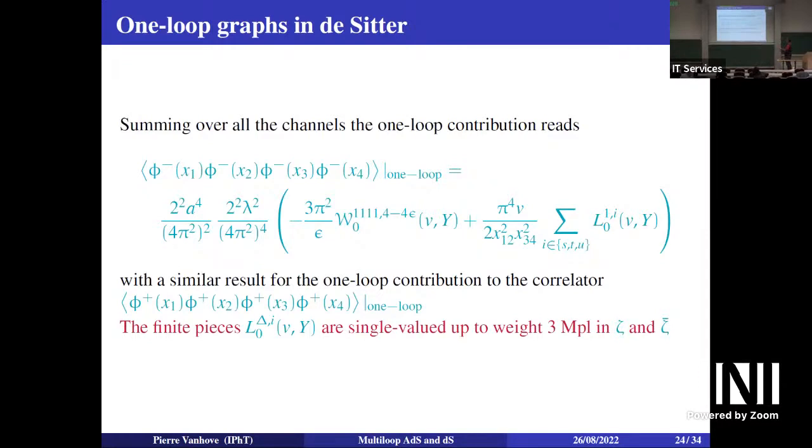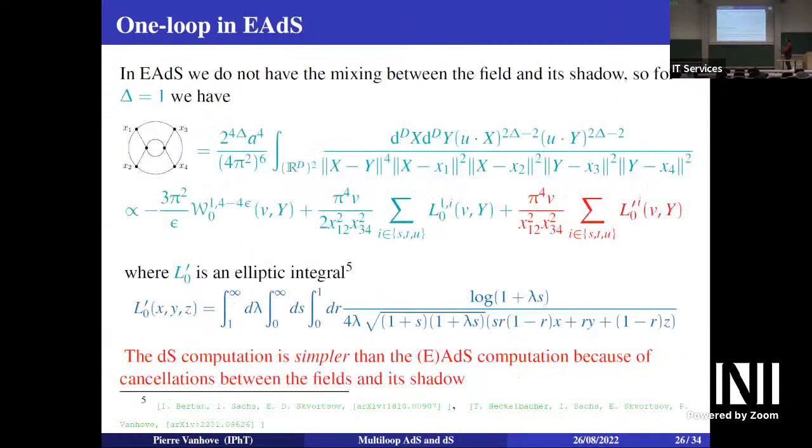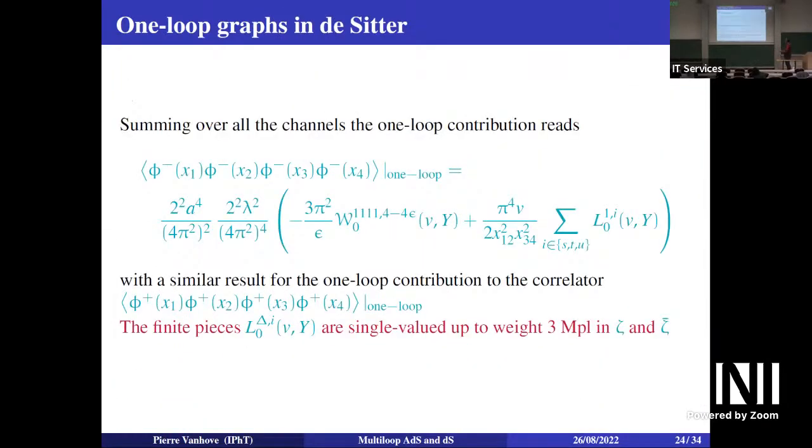And there's a finite part, which is given by this. Here, this mixed propagator is treated in a similar way. So you have as well a flat space type of graph. You can unfold, and then you get integrals like that with linear propagators everywhere. And then you can again evaluate them analytically using, for example, the program by Eric. And what you find